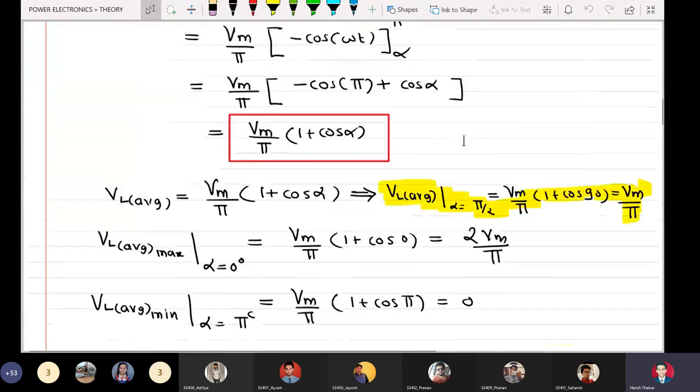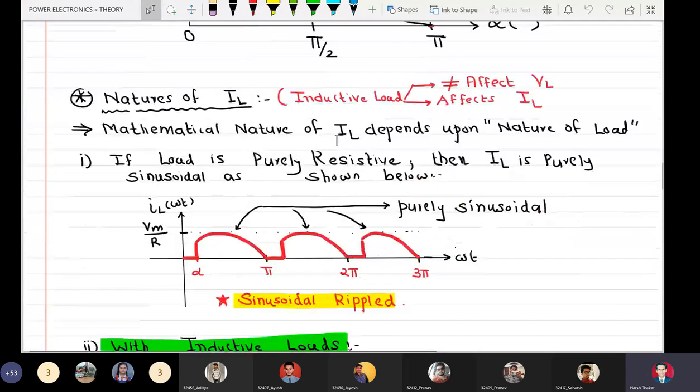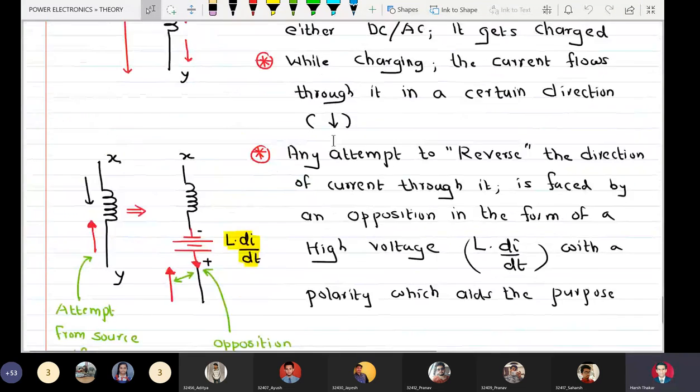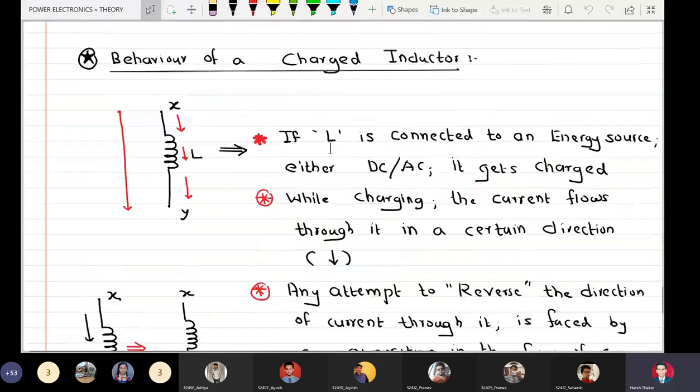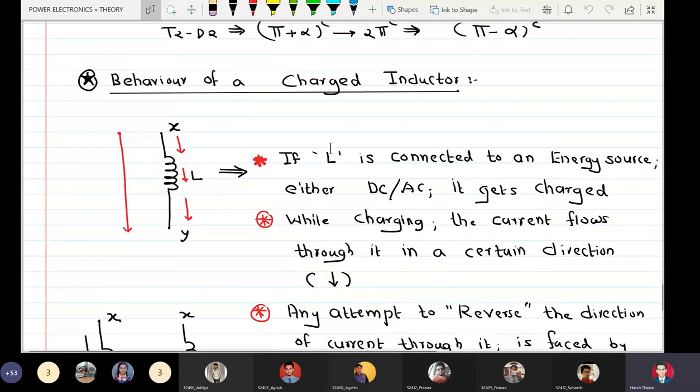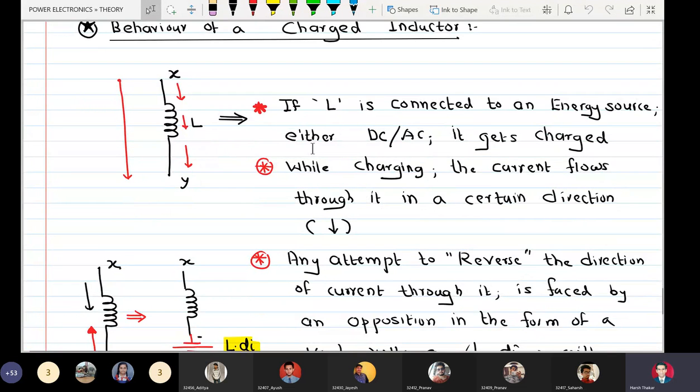So this is where we stopped on Monday. And I told you that this is the point from which we are going to start. So we had concluded with this particular topic, behavior of a charged inductor, wherein we had considered an inductor with